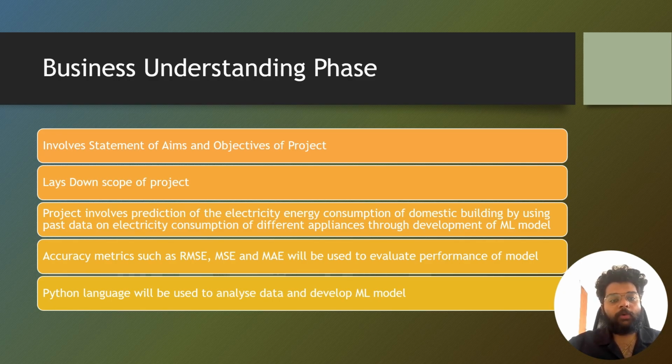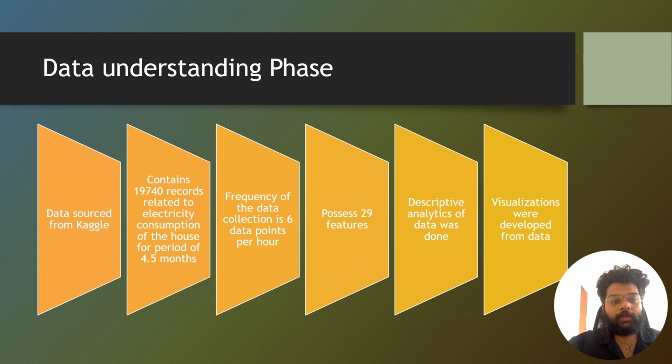The machine learning model will be created in this project using a historical data set of energy consumption by various appliances to train and test models. The model will be evaluated through use of accuracy metrics such as RMSE, MAE, and MSE. The data for the purpose of training and testing of the ML model has been sourced from Kaggle, and it contains 19,740 records